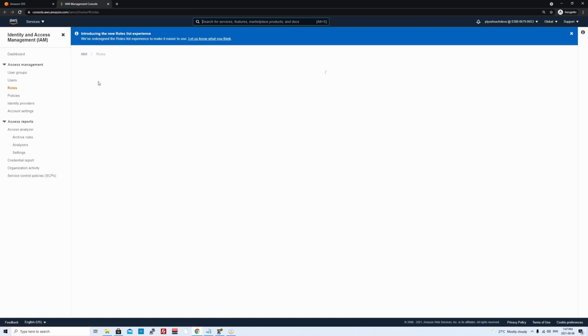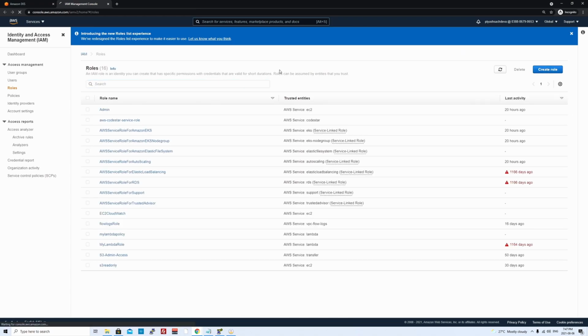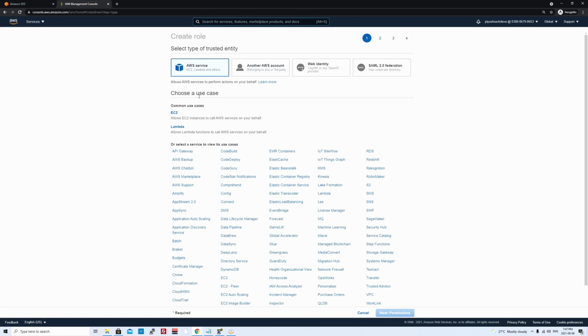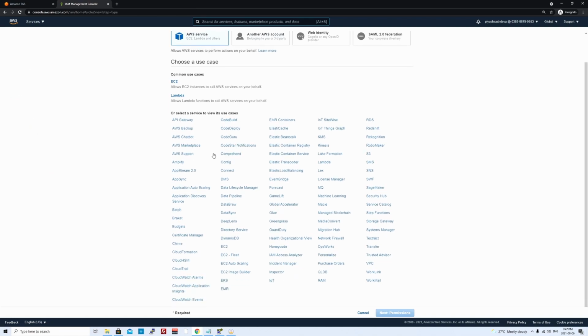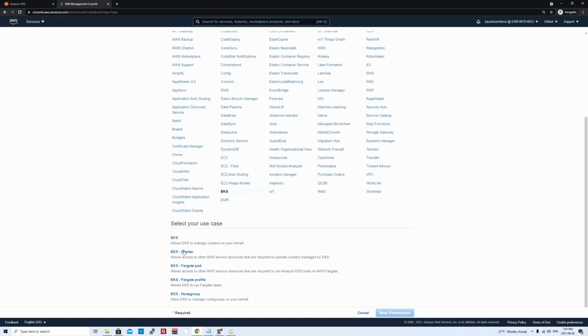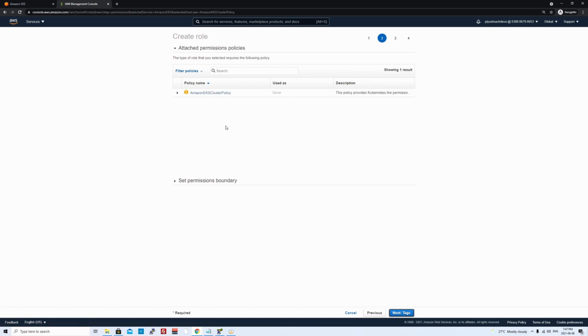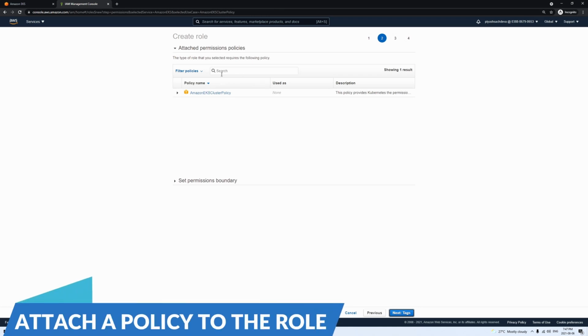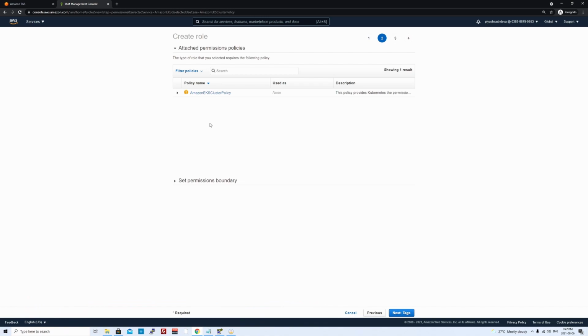So it's been opening and then I'll click over here, create role. And then I'll select EKS from the service, which is probably down here. And then I'll select the EKS cluster. Click on next, permissions. Then under policy, there is already a managed policy provided by AWS, Amazon EKS cluster policy. So make sure you select this. If you don't see this policy over here, you could just search EKS cluster policy in the search and it will provide you the same. Because I can see it, I'll select this one.